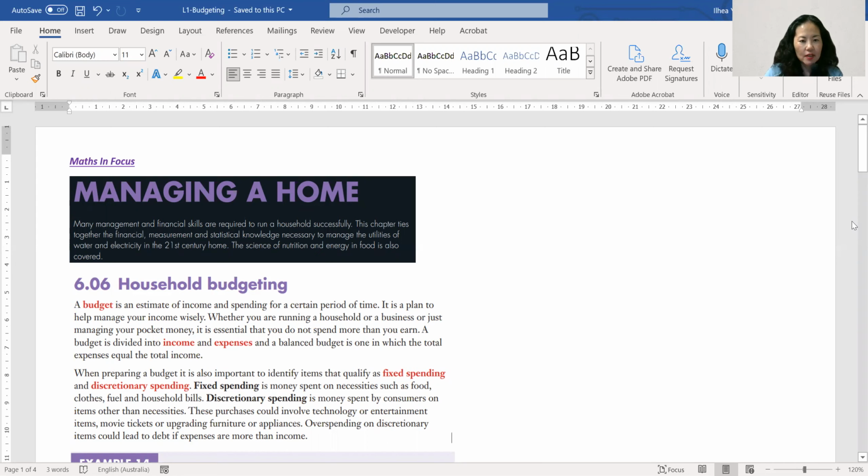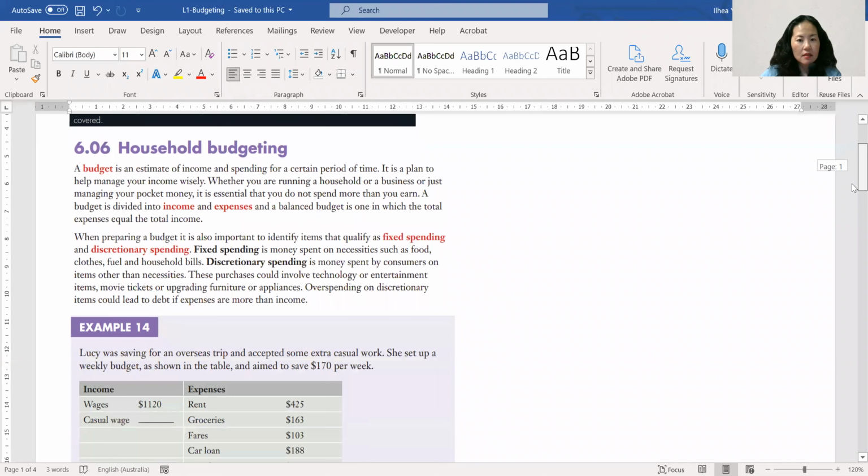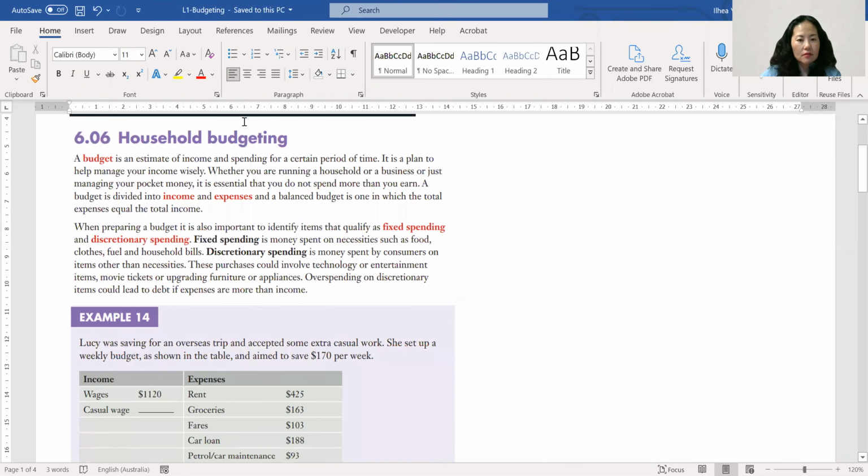Hi guys, today we're going to do chapter 6, managing a home. The last little exercise we have is household budgeting. Now, before we start the example, I want you to have a look at the important little information here, especially